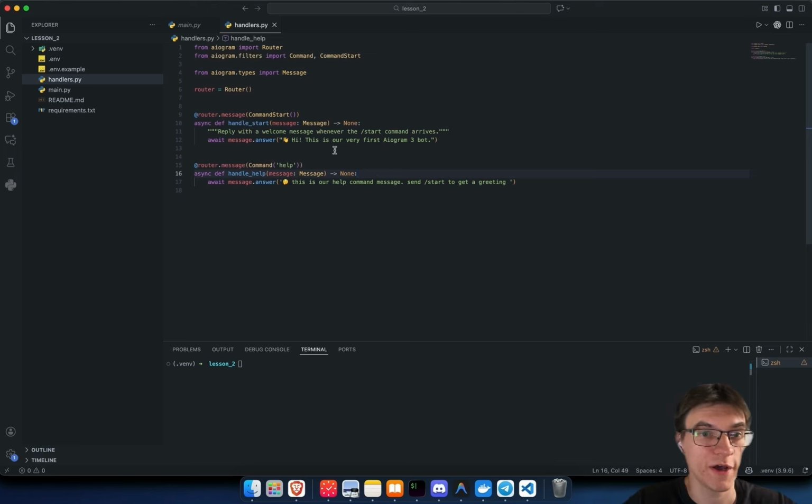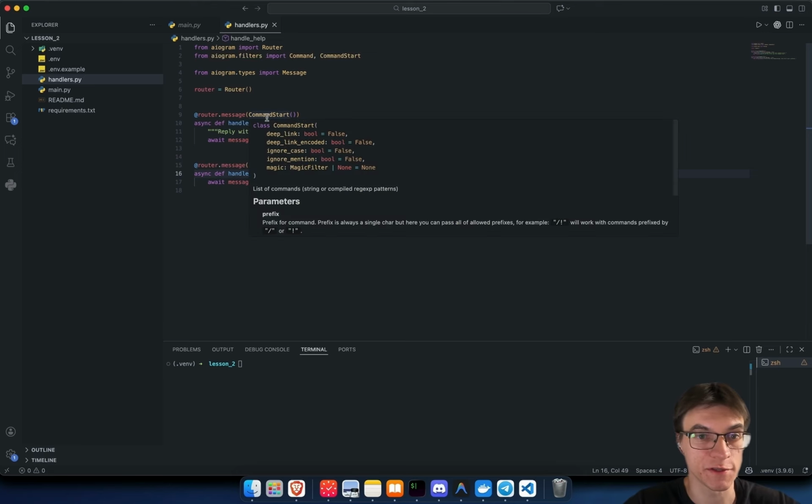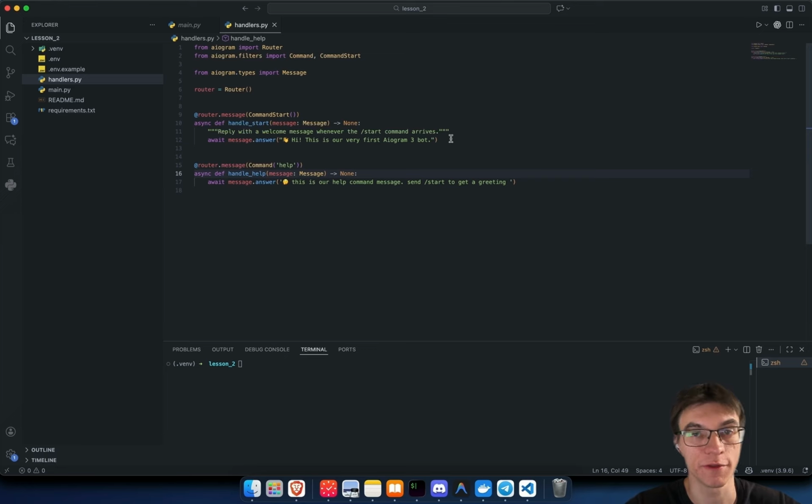Alright, so here we go. We have 2 simple commands. The first one is command start that I just copy pasted from our main.py file. The second one is command help, which is responsible for handling command help, obviously. As you can see, we can insert emojis here, and this is gonna work without any problems. It supports emojis, it supports Markdown and HTML,